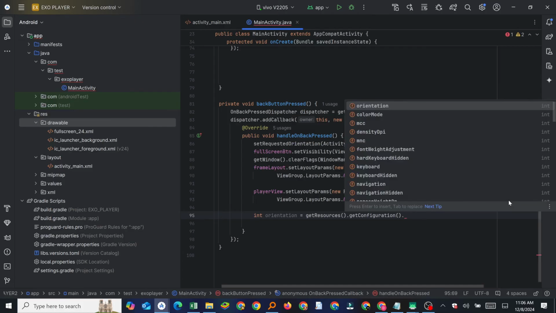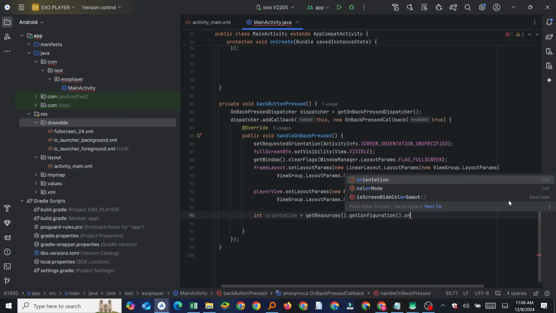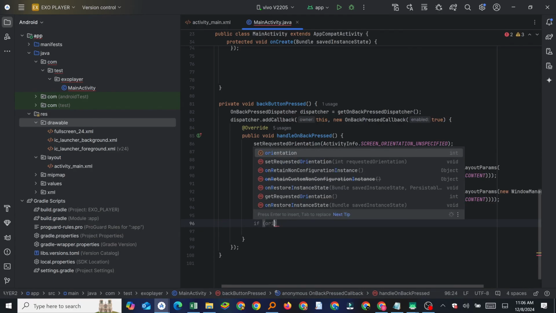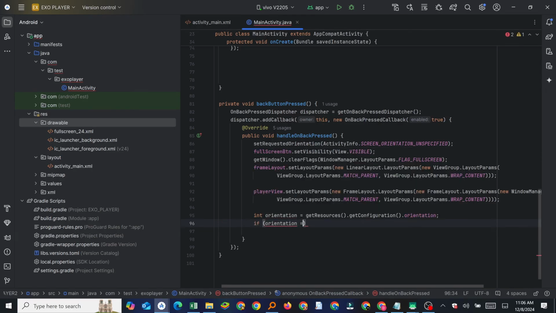Then we say if orientation is equal to Configuration